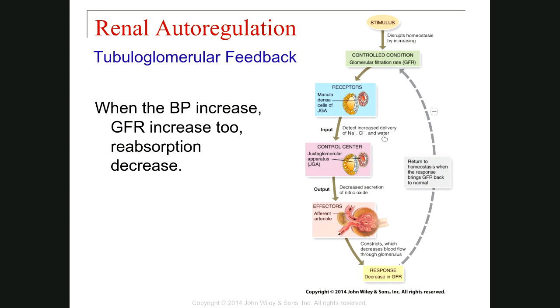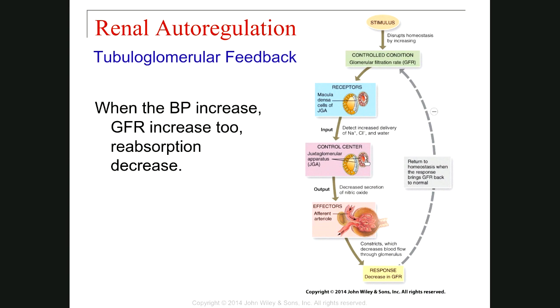And because of that, it starts to inhibit secretion of nitric oxide from the cells in the juxtaglomerular apparatus. When nitric oxide is released, you need to know that it stimulates the afferent arteriole to dilate. When nitric oxide release is inhibited, the afferent arteriole constricts, resulting in decreased blood flow into the glomerular capillaries